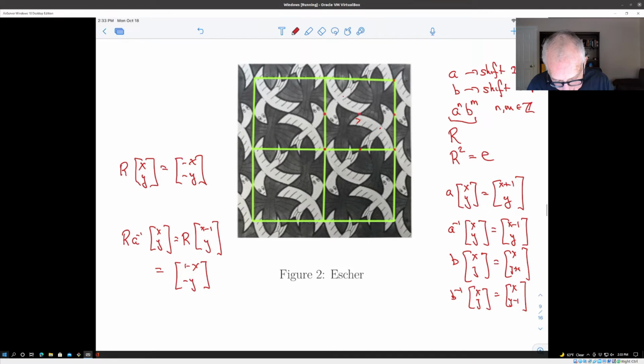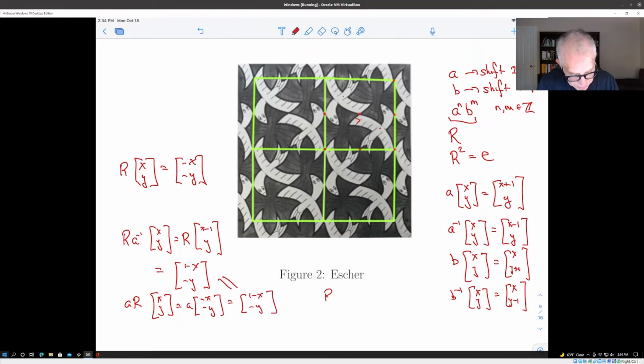And if we compute AR of (x, y), we get (-x, -y) then A, which is (1 - x, -y). And those are equal. So we have the relation RA inverse equals AR. And the same calculation will show you that RB inverse equals BR. So in a sense, we have a kind of a version of the dihedral group, except that we have the